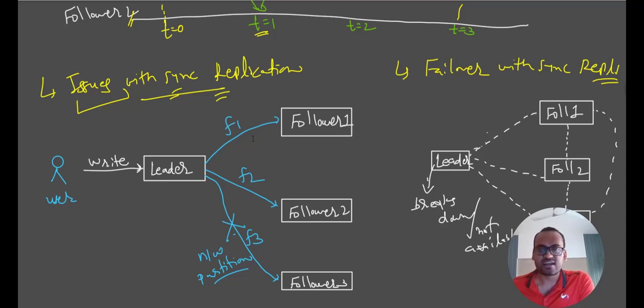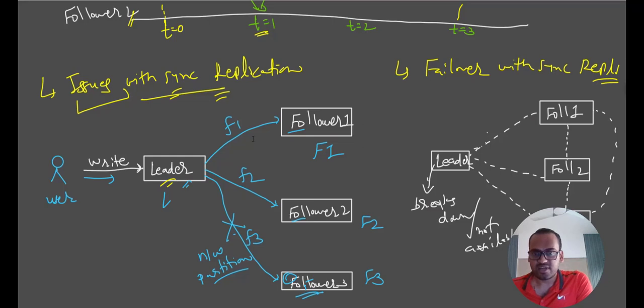The second issue is, let's say I have a leader L and followers F1, F2 and F3 here. Now when the client sends a write request, the leader will try to replicate the data onto followers 1, 2 and 3. But somehow, due to a network partition, or again for whatsoever reason, the leader is not able to communicate with follower 3, or maybe due to some